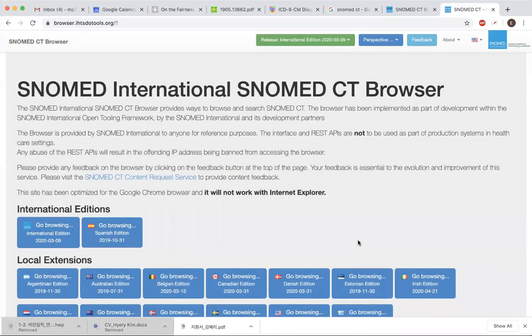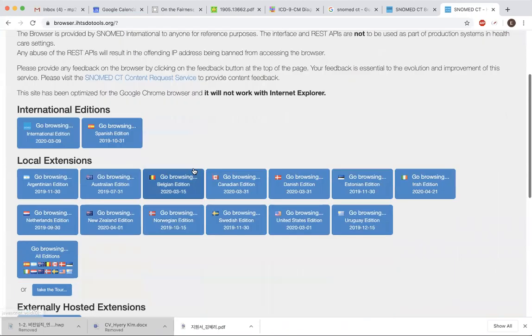So neoplasm of skin is the parent of neoplasm of skin of lip, or neoplasm on your eyelid. So that would be the child, and the neoplasm of skin would be the parent. So there's only one arrow or one edge in that ontology, or in that DAG structure, which is the parent-child relationship. But in SNOMED,